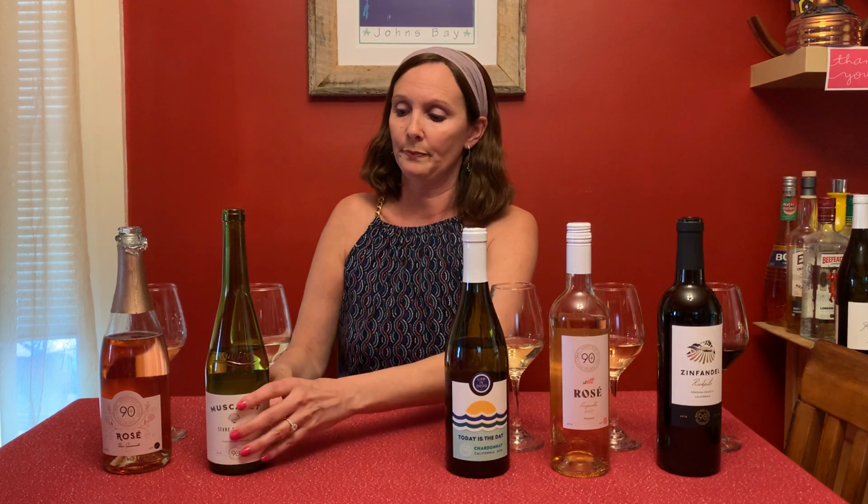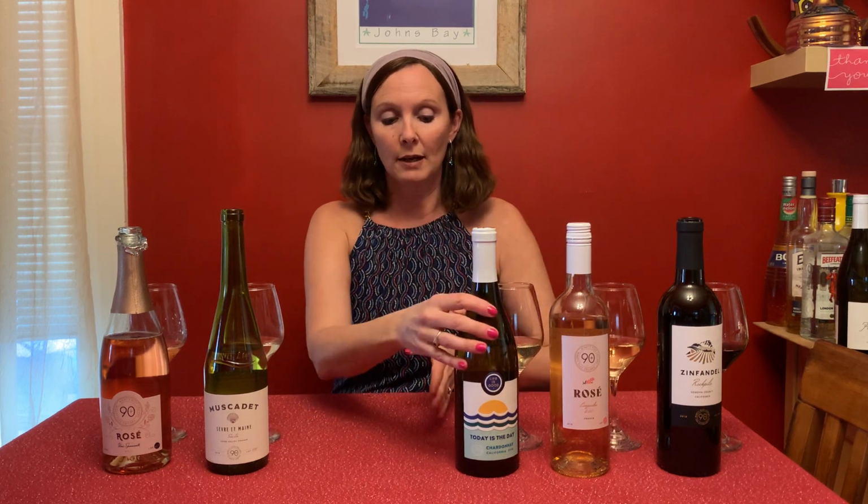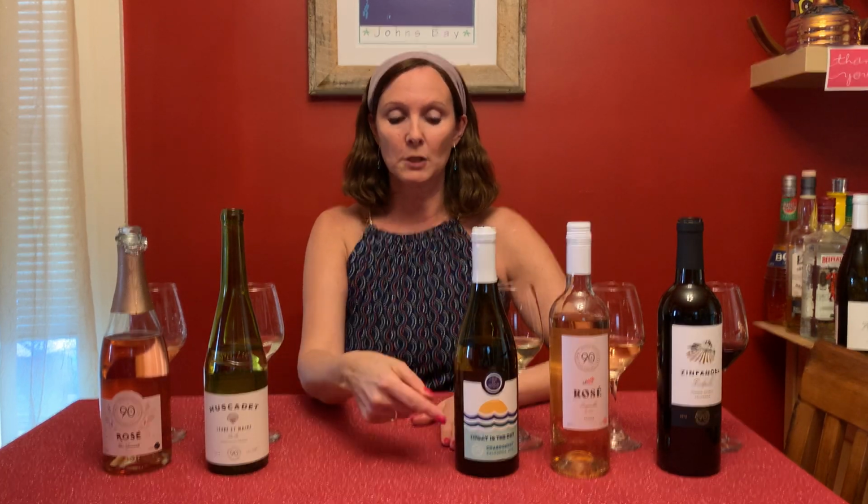For a Muscadet in this price point, this is fantastic. This is usually in the $13 to $16 range. So hopping over to the States, we have the Chardonnay. This is the Life is Good, did a partnership with 90 Plus Cellars, and this is called Today is the